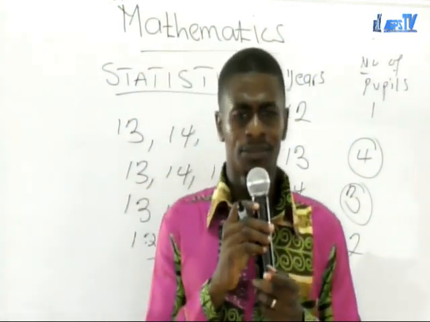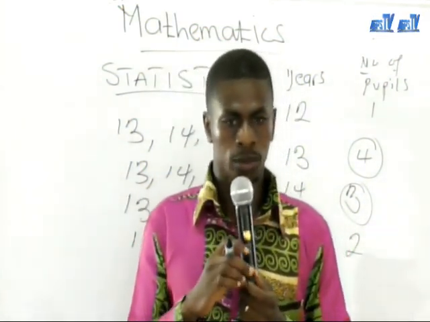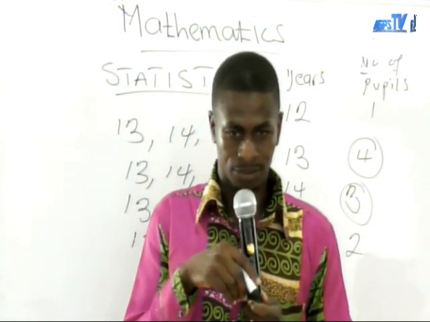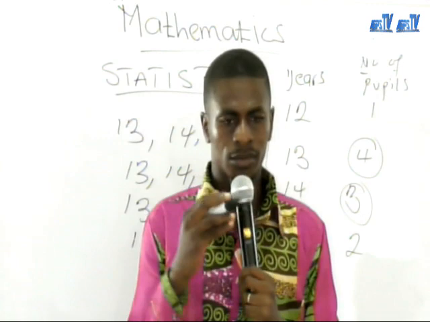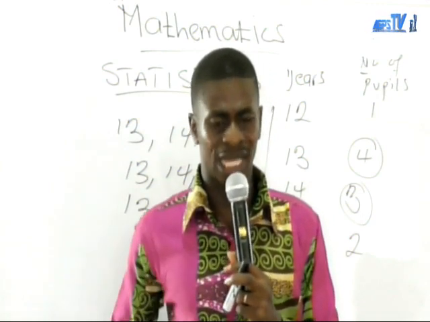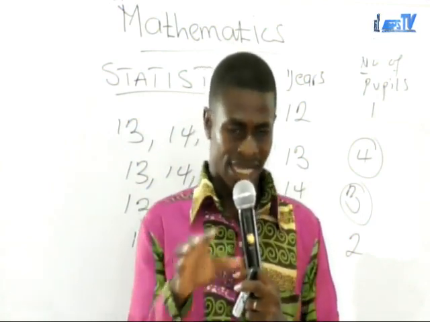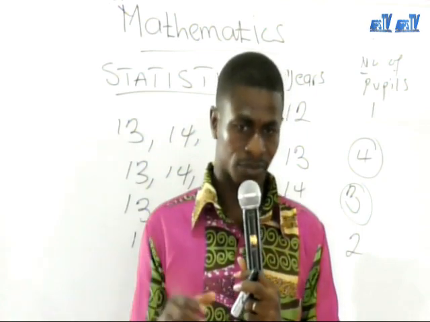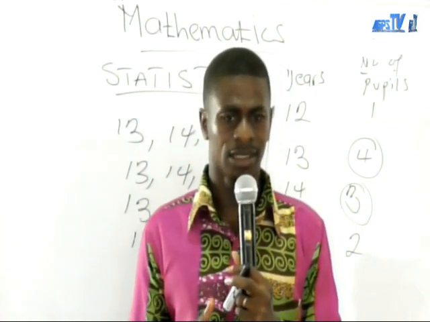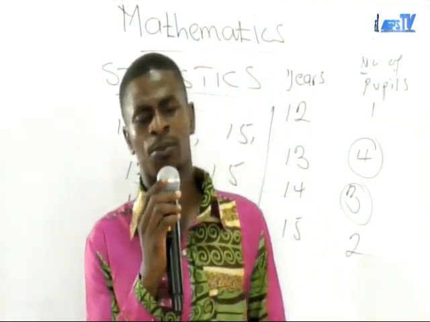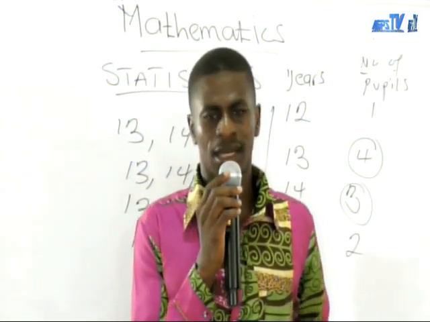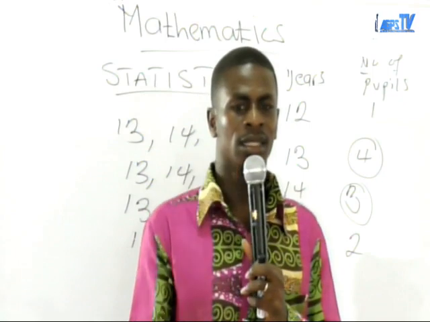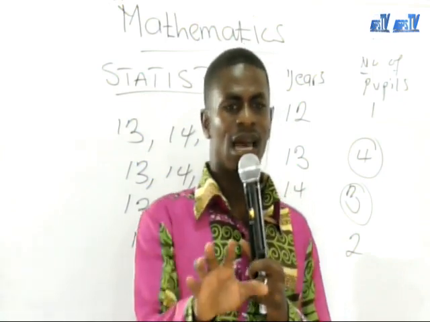But today, as I have said, we are going to look at how these frequency tables are prepared and how we are going to present them graphically. And so today I am going to deal with pie charts as one of the graphical representations